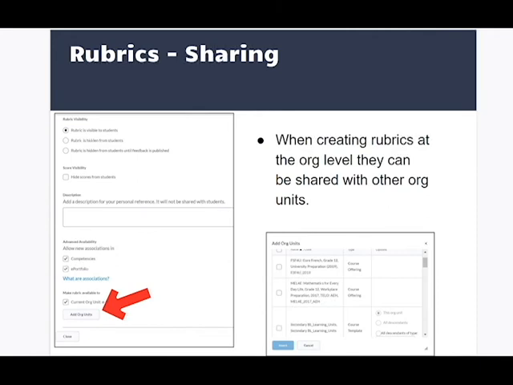Another update has been to rubrics. When you're creating rubrics at the org level, you now have the option to share that rubric with any of the other org units in your org. So you can add them to any courses you want. You can see there's a button there that says Add Org Units, and then you can see from the screen on the right, there's a bunch of checkboxes, and you can just check which courses you want to share this